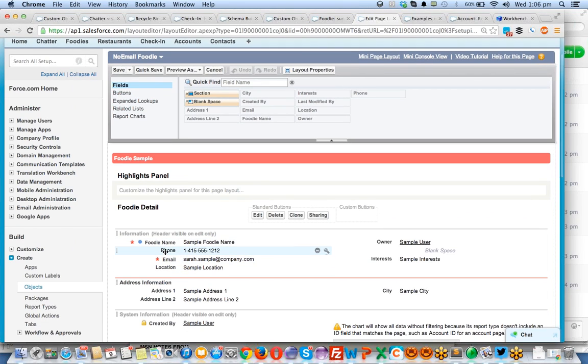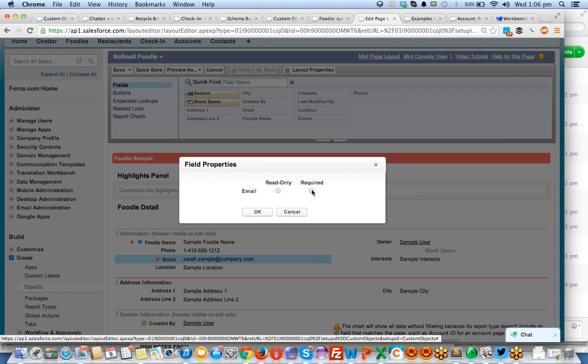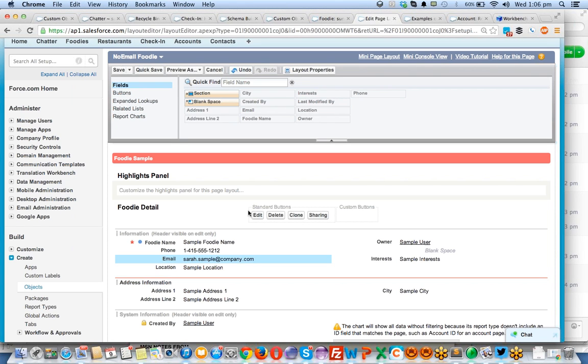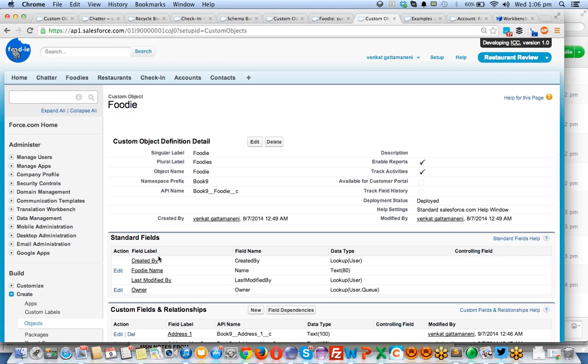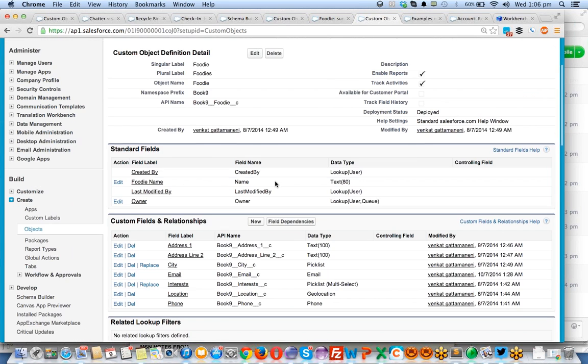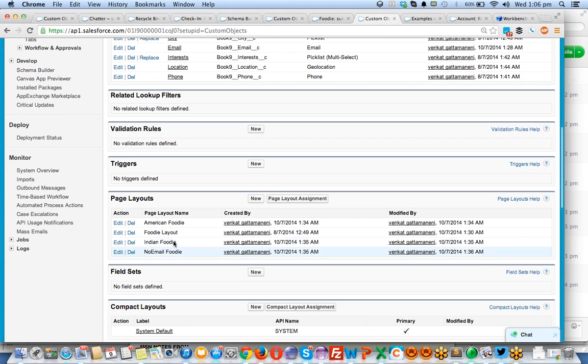I am going to use this, for suppose undeveloped countries which don't have any internet connection. These people are coming into this layout, this category of people. I am clicking on settings, clicking on the remove option, click on OK. So I am clicking on save. This email is not required now. See, there is no star option for this. Now we have 3 layouts.